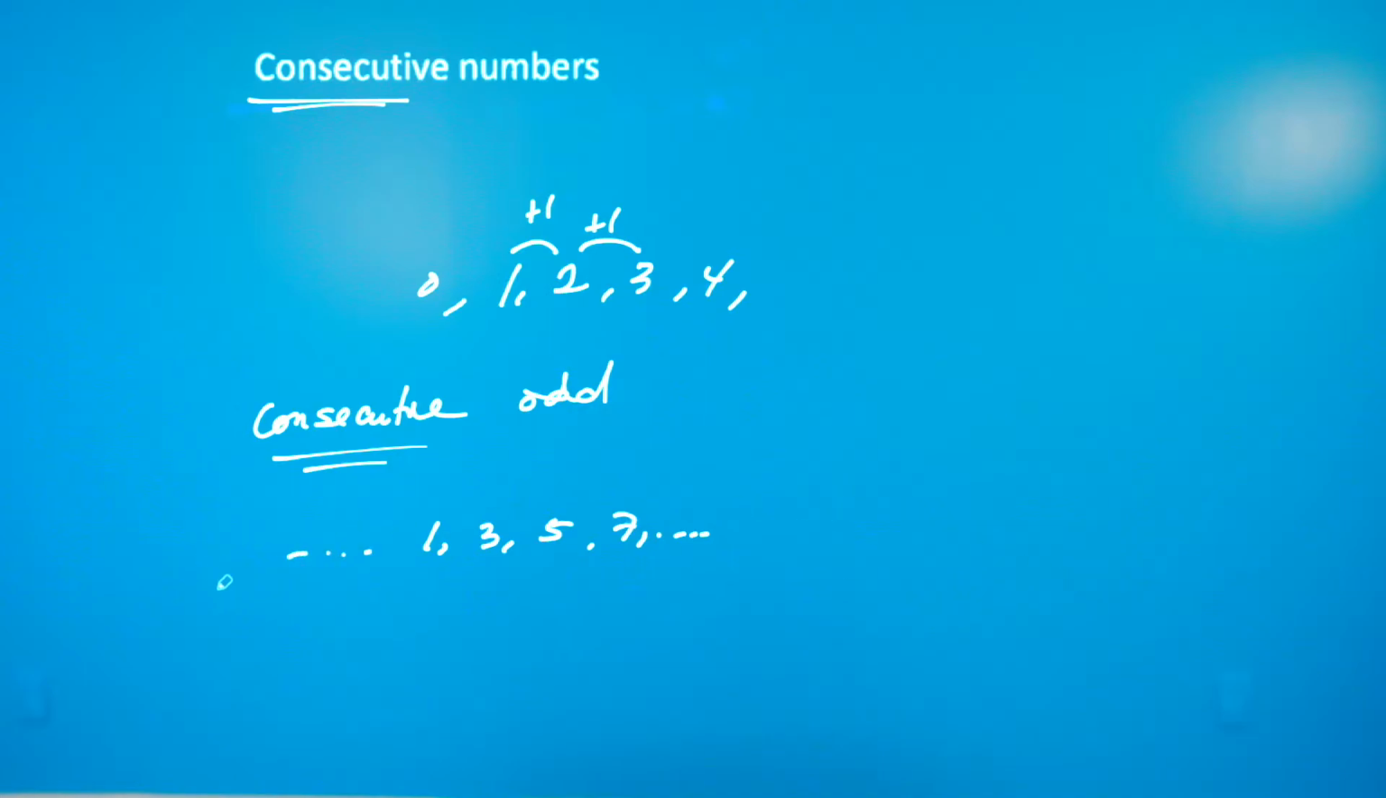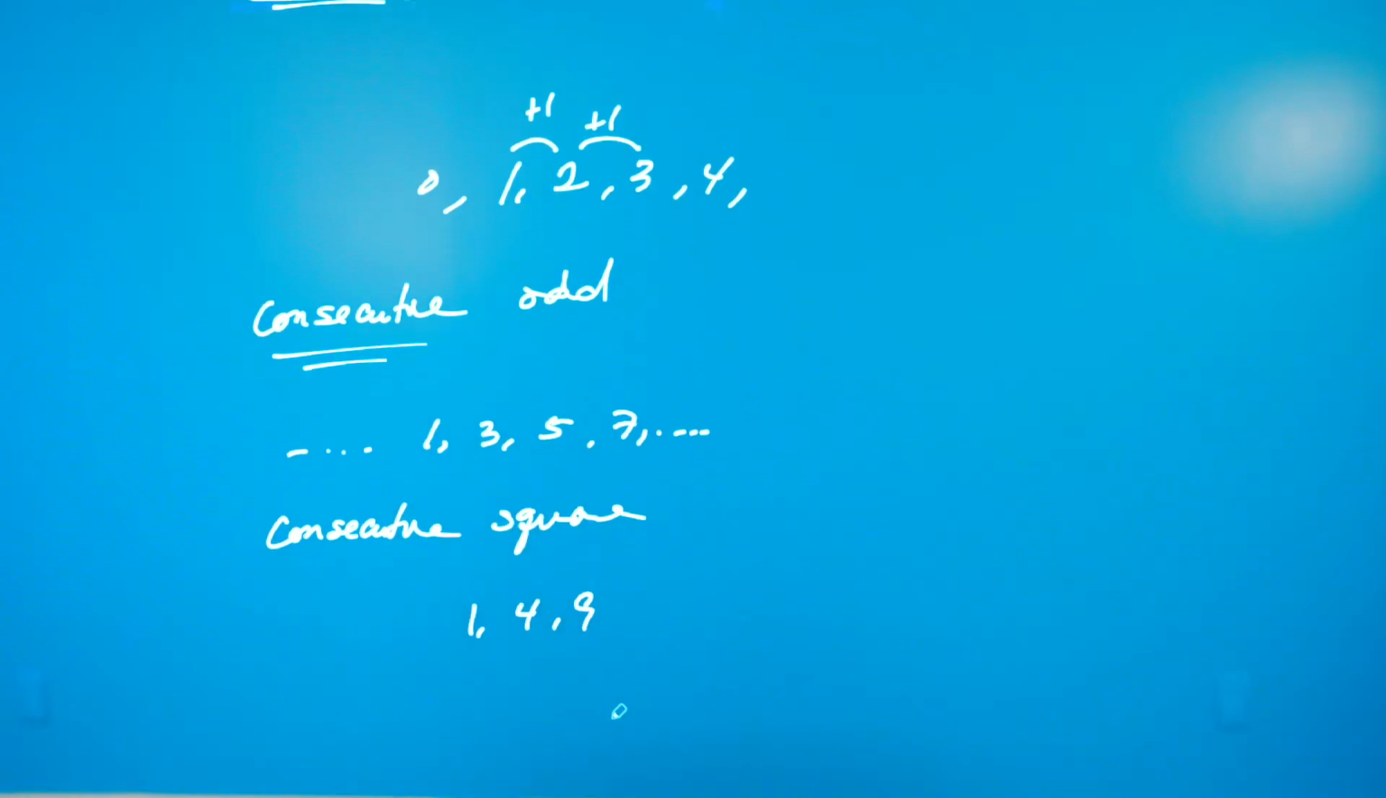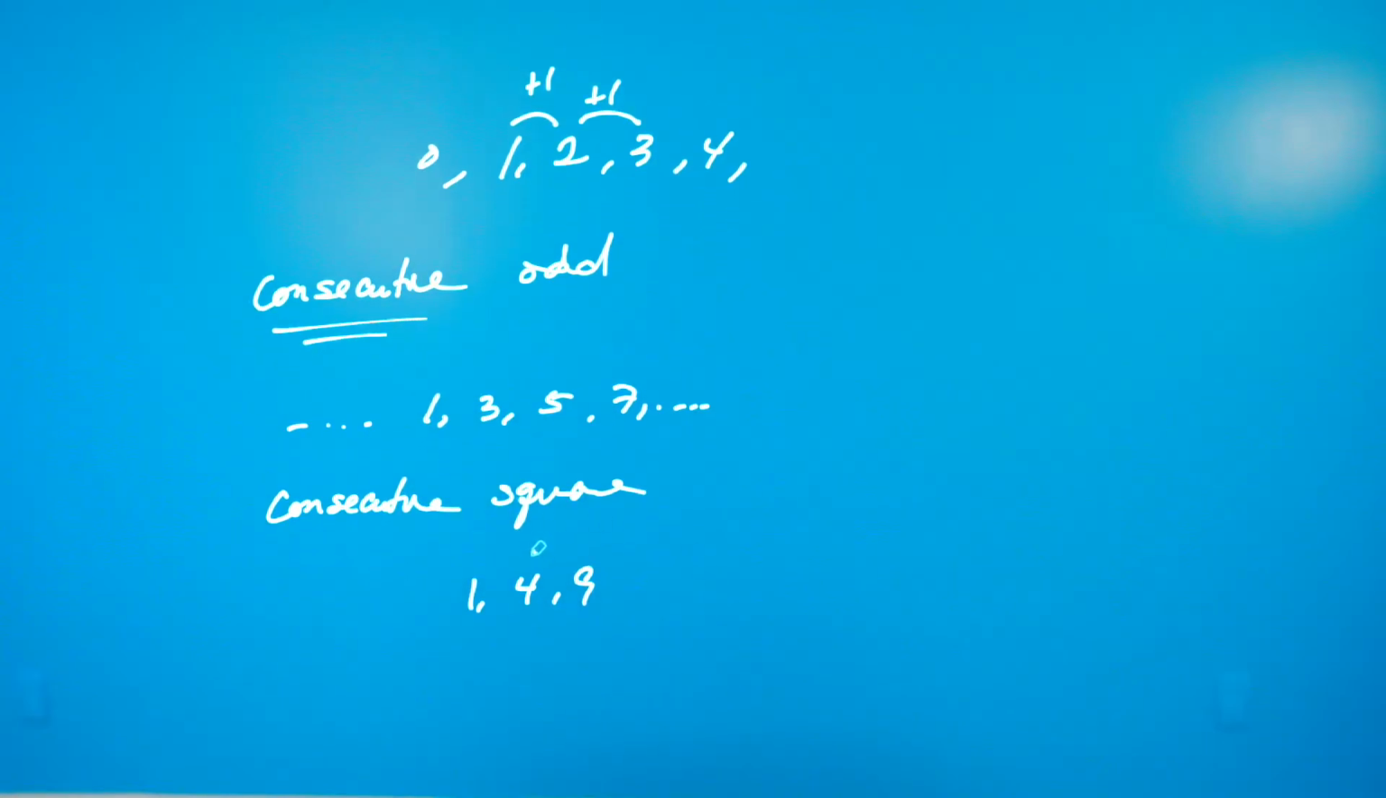Okay. We can also say like consecutive, right? Square numbers. So then it'd be 1, 2 squared is 4, 3 squared is 9. These are consecutive square numbers. Okay, so